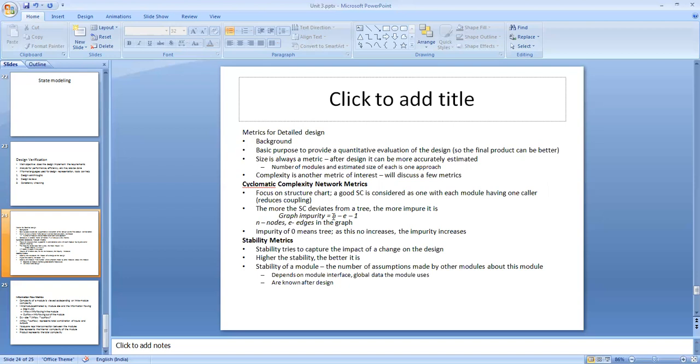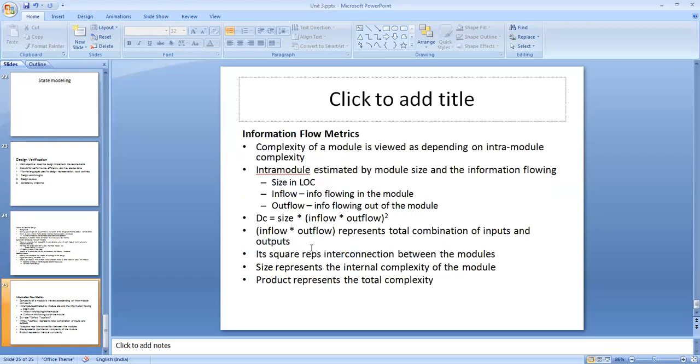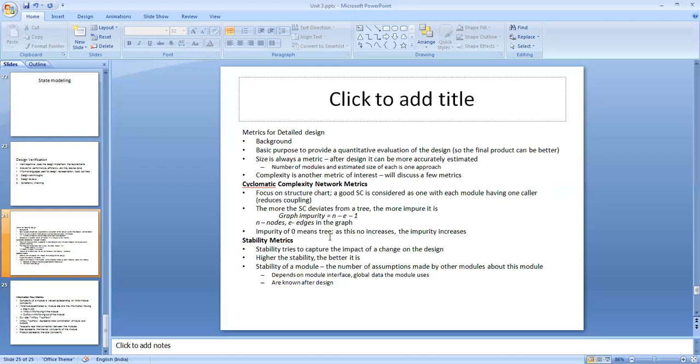Some of the metrics used for detailed design are cyclomatic complexity, network metrics, stability metrics, and information flow metrics. These are the metrics that are followed. Now we shall see them one by one.